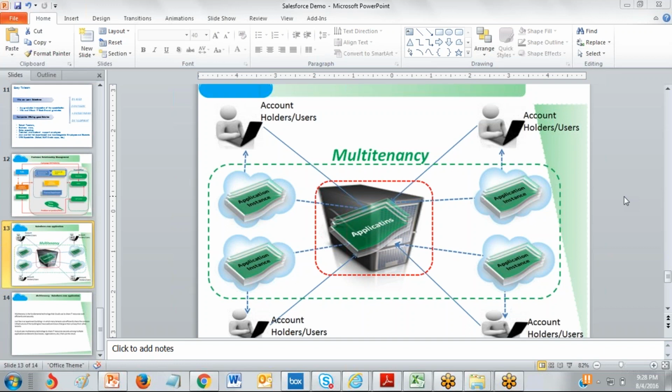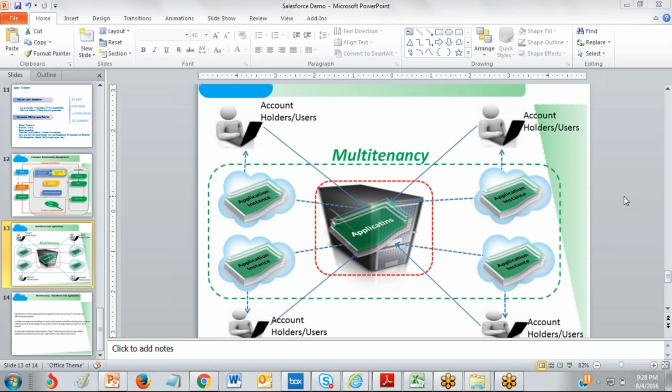Second, there is no maintenance cost. All maintenance is done by the Salesforce.com company. Third, performance. There are no performance issues till now. All performance is related to the internet only. If your internet is good, the application will be good, and we can access it very fast. These are three reasons. The fourth reason was no pre-investment.